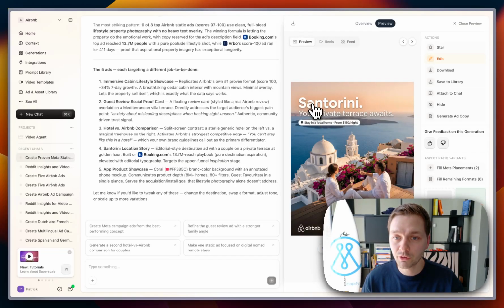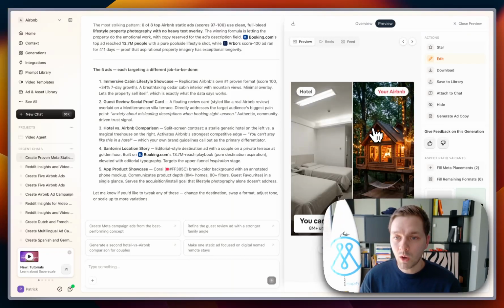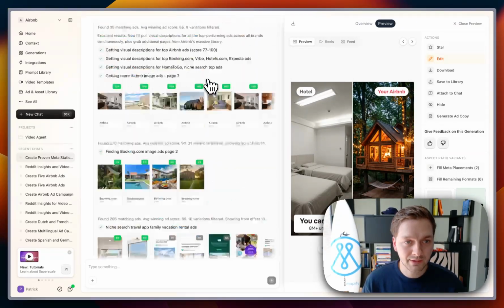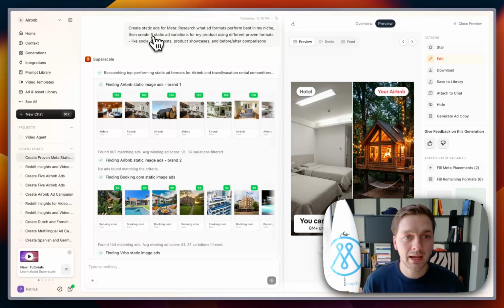So you can go through those, and you see that even from a brand standpoint, from a conversational standpoint in terms of how Airbnb would advertise, these are amazing ads. Now, the reason why they're getting so good is because of what the agent is doing to get to these ads. And so if we go up here in the agent task and we look at the prompt, I basically